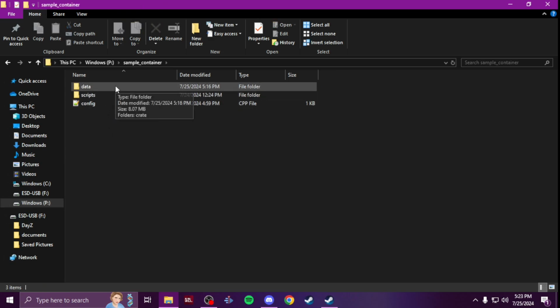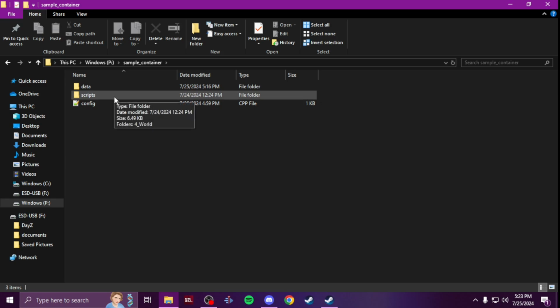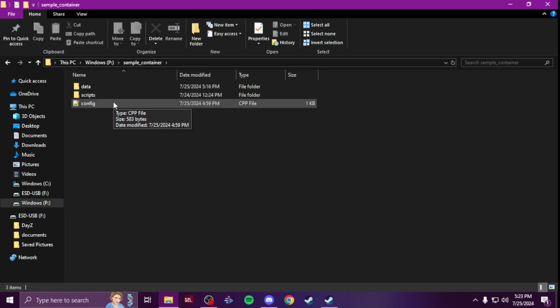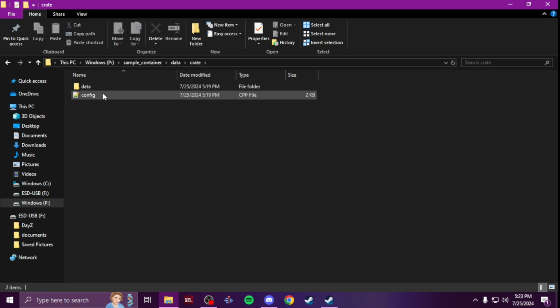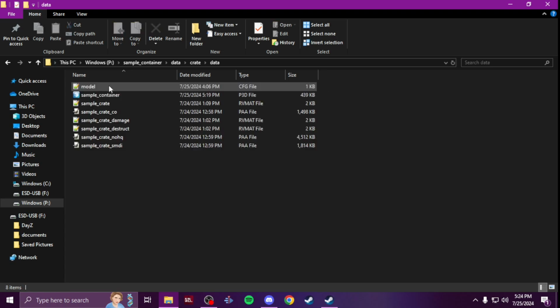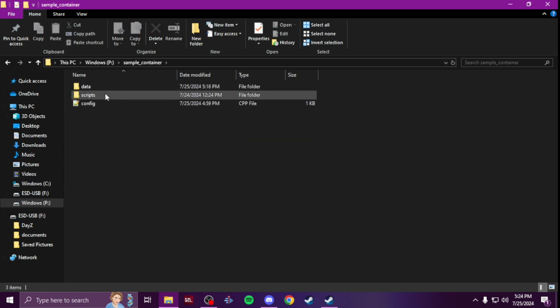You got a data folder in there, a scripts folder, and this config right here, which will be the cfgmods config. Inside the data, you'll have a folder for your crate or container, whatever you're making. Inside there, you'll have a data with a config for the container, which we're going to go over all that. And then inside that data, we'll have all your textures, your rvmats, your model, and your model.cfg. So what you do first, obviously, you make your folder, you get your structure set up, and then you start